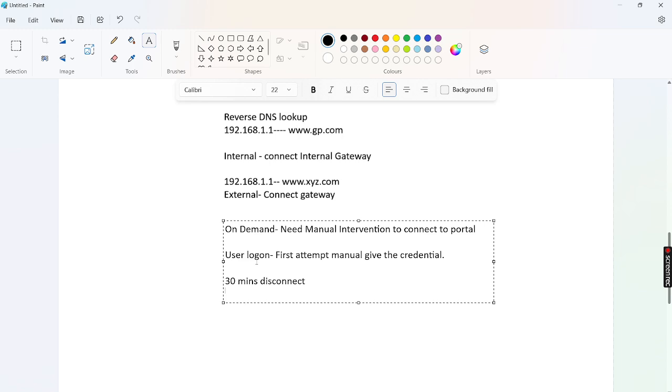Okay, user logon will be used in that situation, where it will automatically connect once you logged in to the Windows machine. Okay,